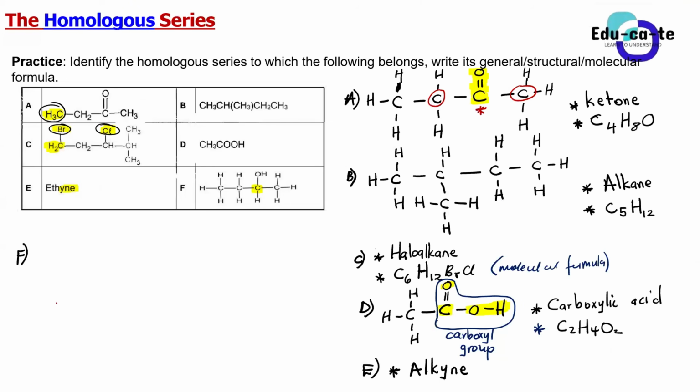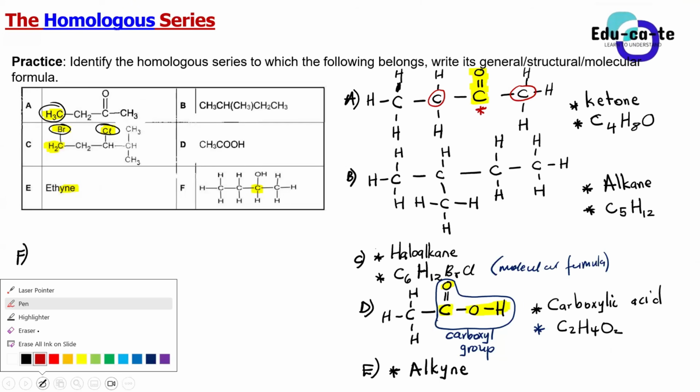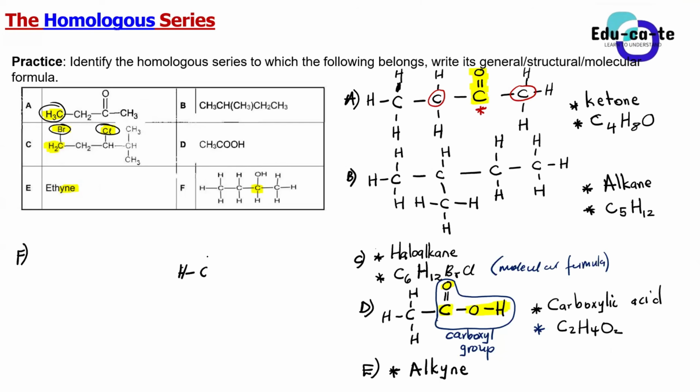Let me rewrite this structure, because I don't know why you are rushing, and where are you rushing to? If you rush organic chemistry and you miss these basics, I'm spending a lot of time on basics because you must catch them so that you can understand naming and be able to name properly. You cannot name properly if you cannot identify simple things such as the number of carbons. Are we together? I've redrawn it so that you can see it properly.